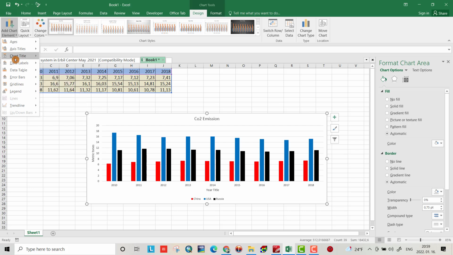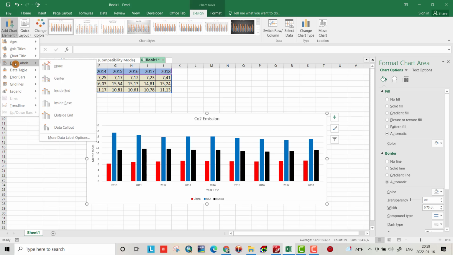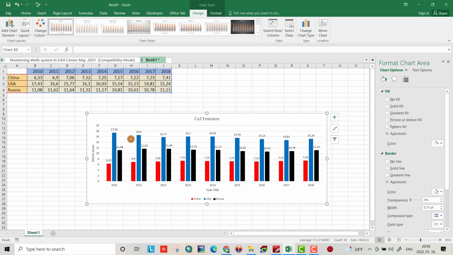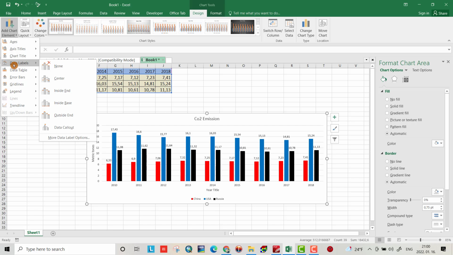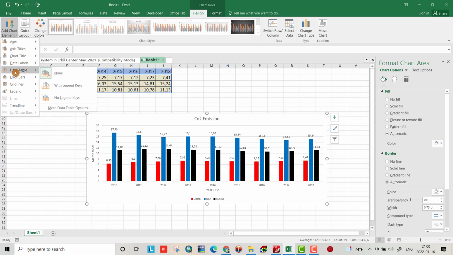Also, from design and chart element, we have different options. Chart title, I have data label. For example, in center, it shows you the number inside bar, outside. You see, it shows the data for each country, gas emission. Also, you can choose